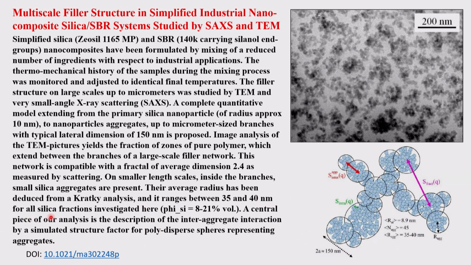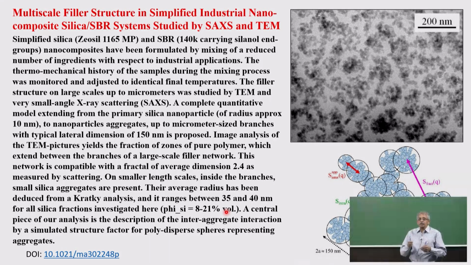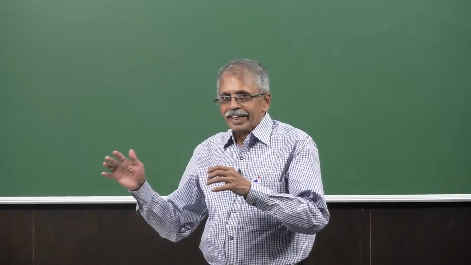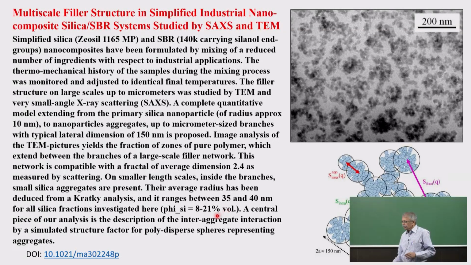And the silica fraction investigated here is 18 to 21% of the volume. You do not take the entire volume, because it is low angle scattering. That means you take very close to the beam, between 10 to 20 degrees. Within that, about 20% of the volume is being used, and that's where